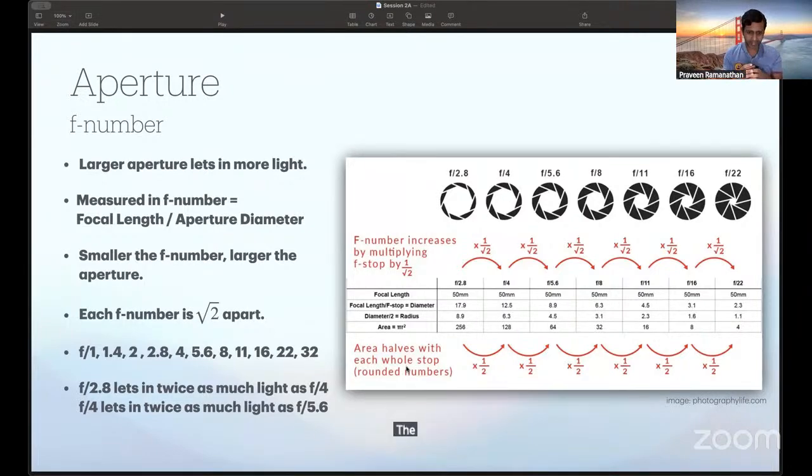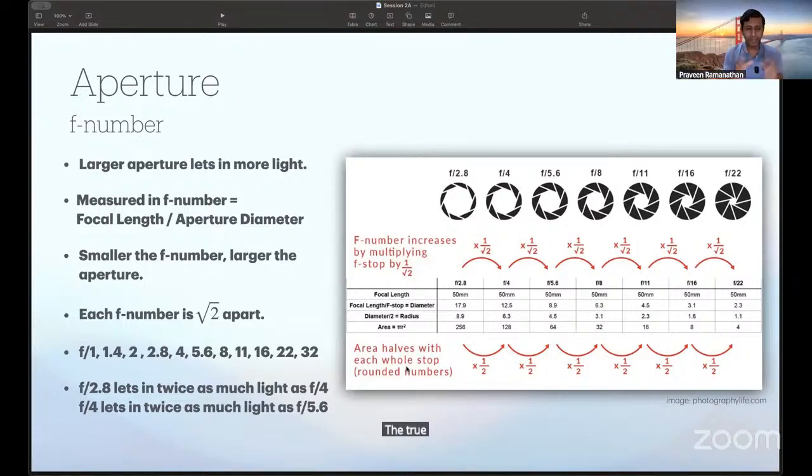The radius and the diameter actually reduce by the square root of 2, because the area is pi r squared, right? And because the f number is inversely proportional to the diameter, the f number actually increases in steps of the square root of 2, which is why, let's say the f number starts with 1,